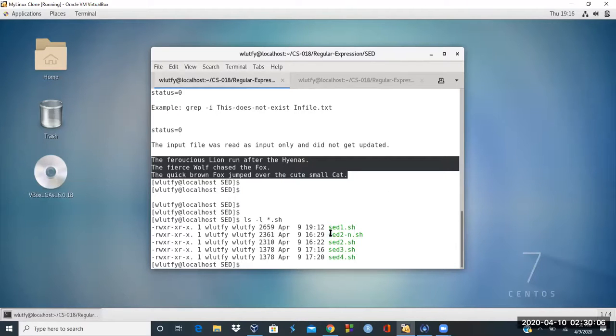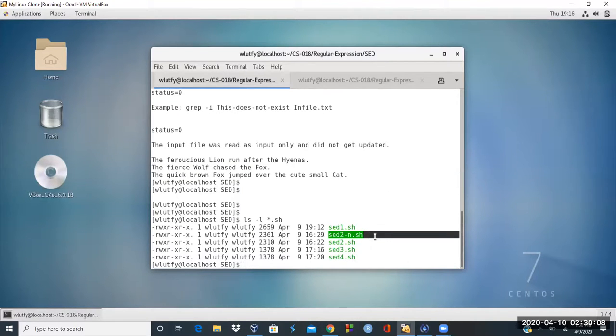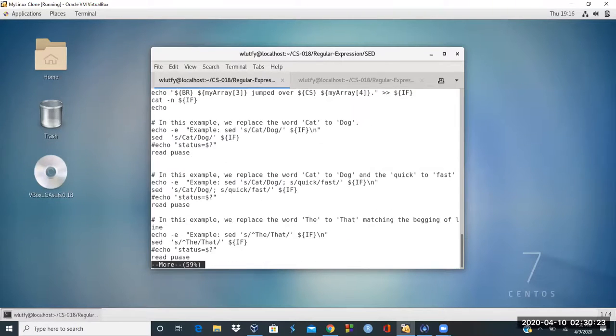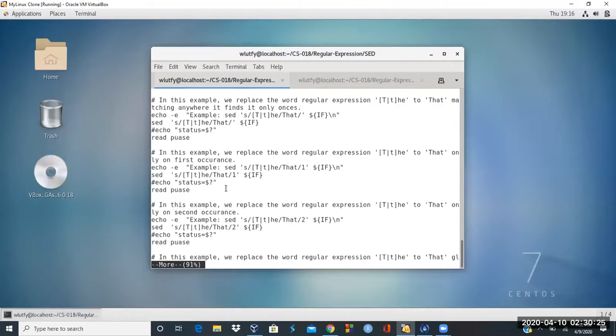Okay, this one is set-n-2-n. Let me see the difference between. Actually, let me just do more set2.sh first. Set2.sh is doing the same kind of file. It creates the same input file, but in the example here, we're changing some things. In this example, we replace the word regular expression "the"